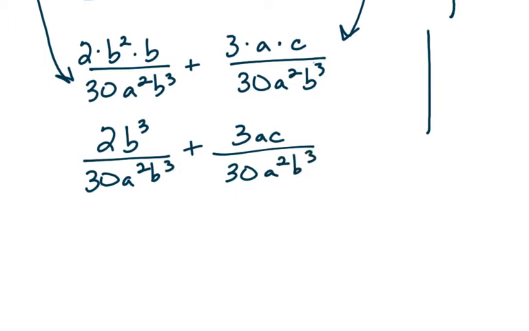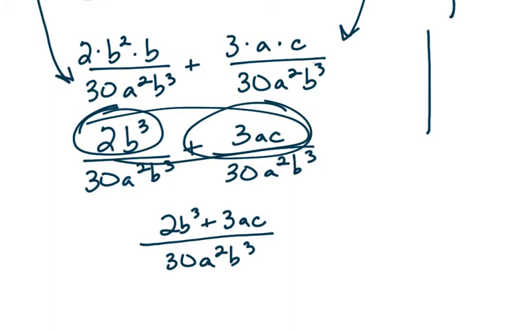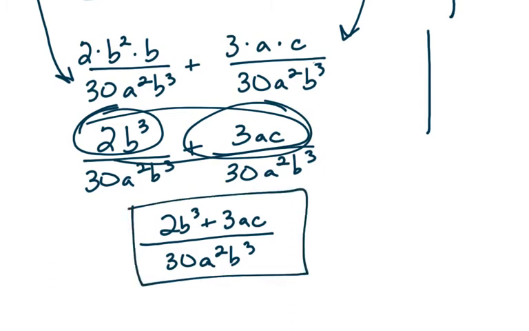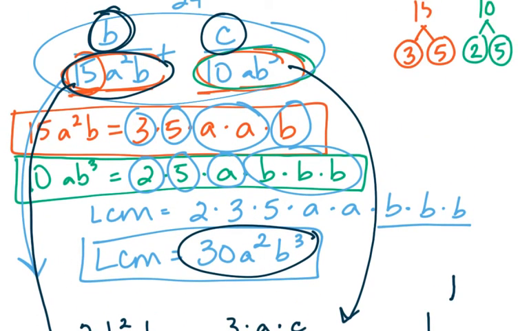So now to merge these together, because they have the same common denominator, I can just rewrite that common denominator, and then I rewrite the numerator as 2b cubed plus 3ac. Because that allows us to merge these together up top into now one fraction where they're included together. The book did not work this out fully. I just wanted you to see where this ended up going, of why we found the least common multiple of these 2